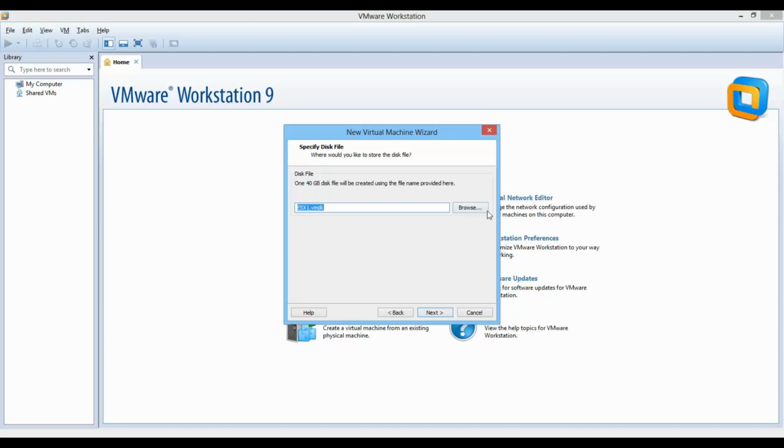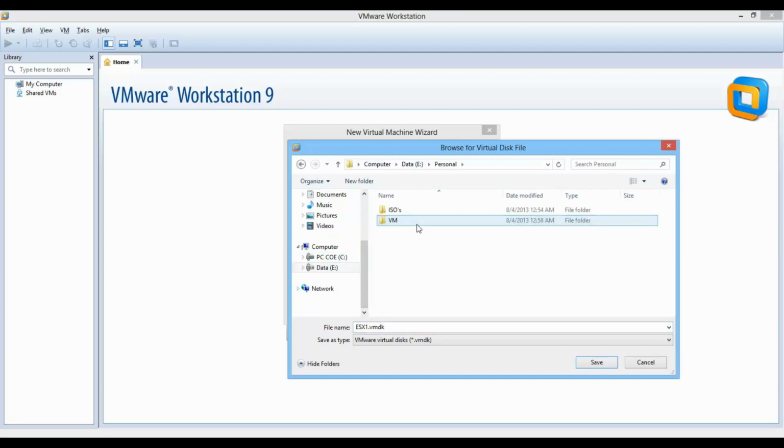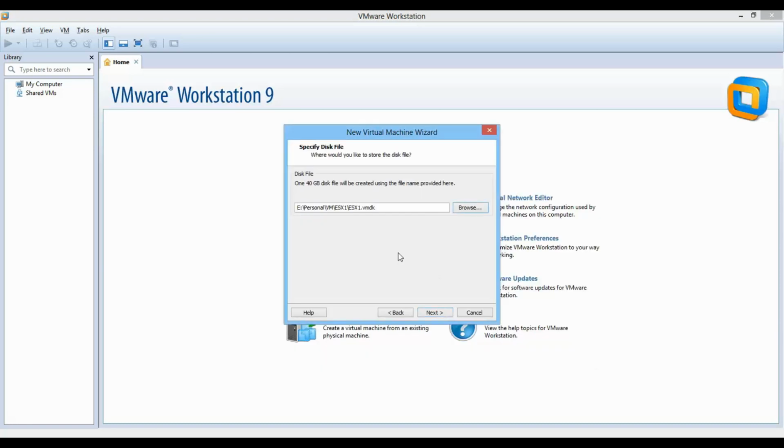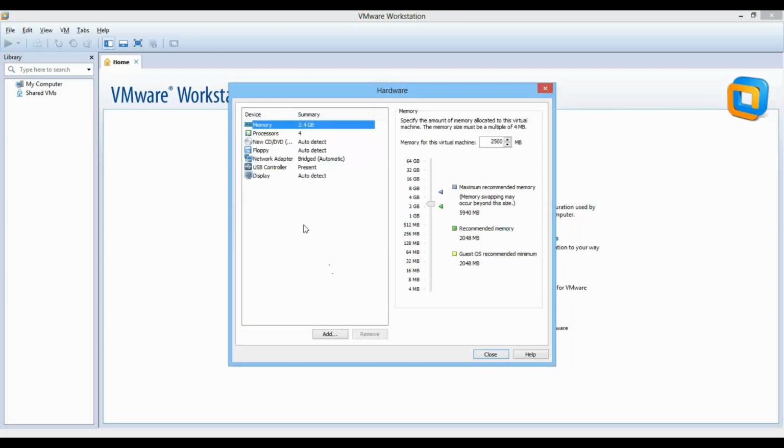So you can see that location and everything, you can go there, you can see the location we have allocated is stored there itself. Now there's the ESX one, that is the name we have given. And then you can go for next, and you can check the hardware, what hardware you have given, all those, you can check it up there.